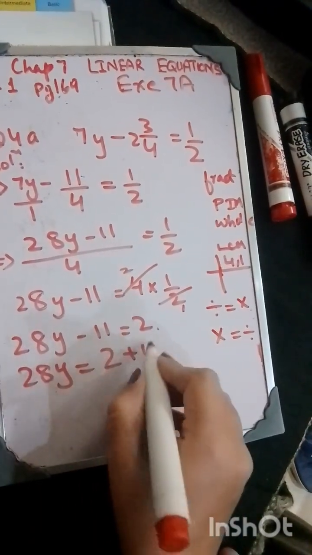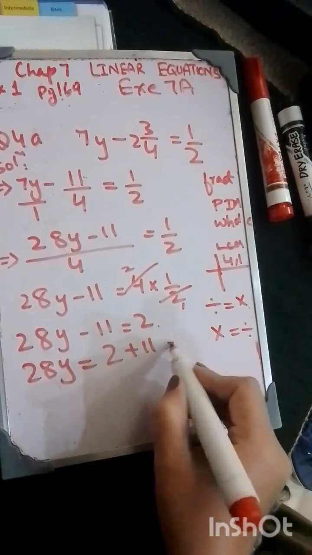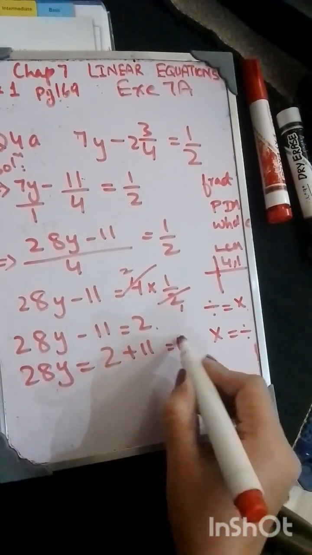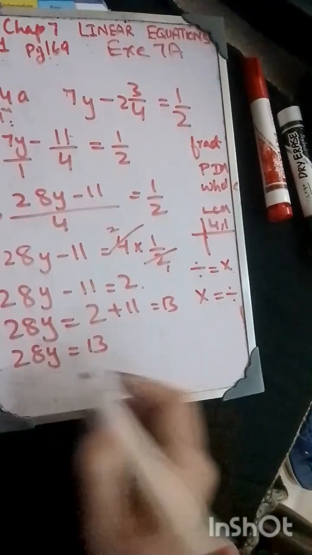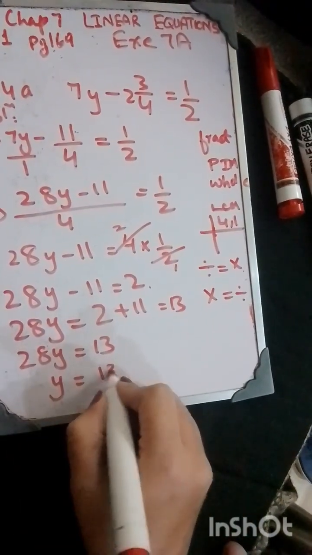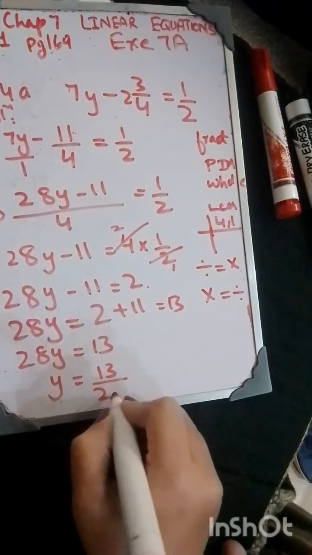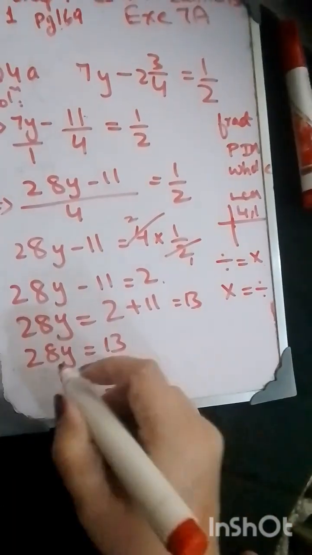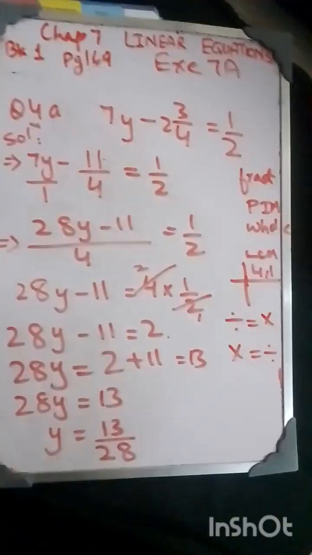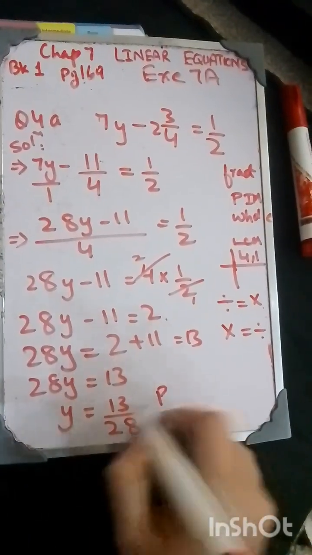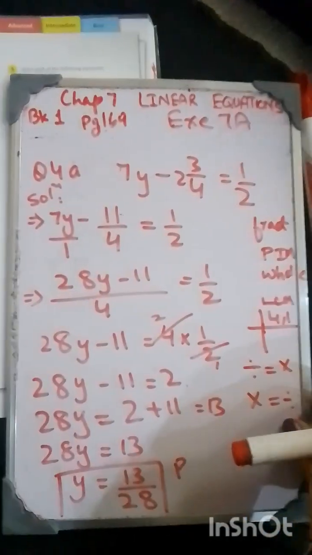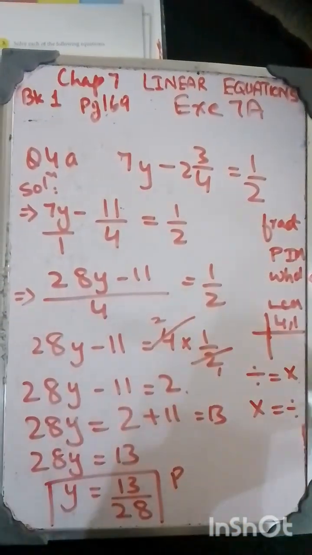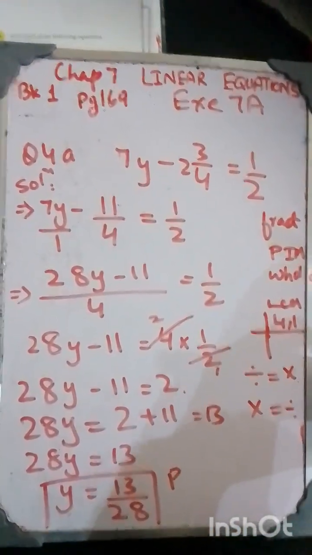Negative 11 is here, so I am shifting it over there. It will be positive, and positive 11 plus 2 will be 13. Simple. You have already done it. So it is 13. Y equals 28 is being divided. On the other hand, sorry, it is being multiplied. On the other hand, it will be divided. So that's the simpler answer. Nothing to cancel. Why? Because it is a proper fraction. We cannot reduce it any further. So leaving this answer here, it's a unique one.